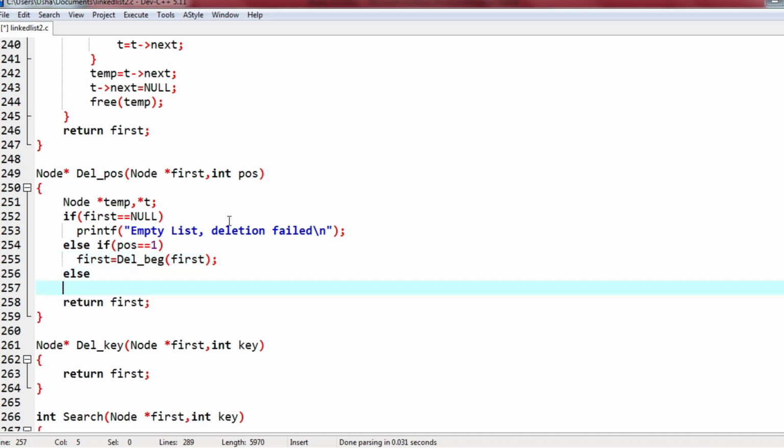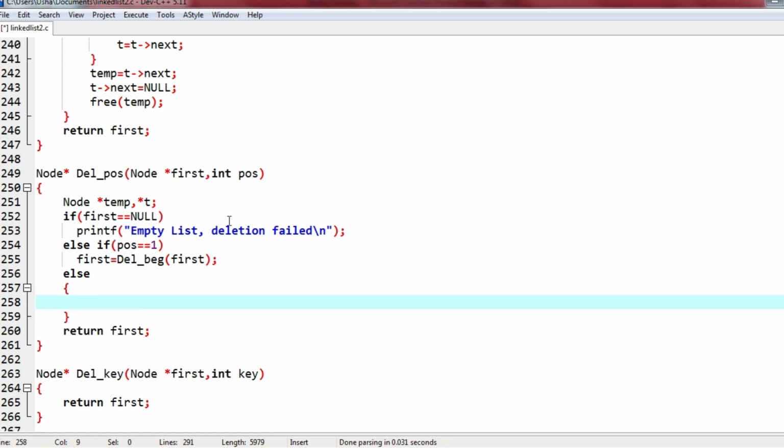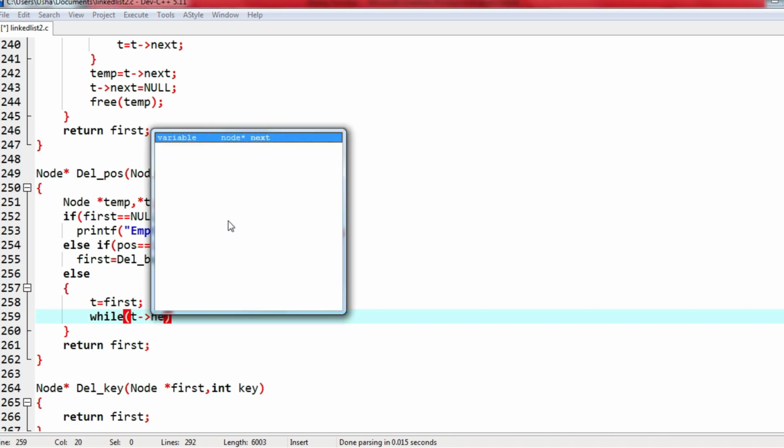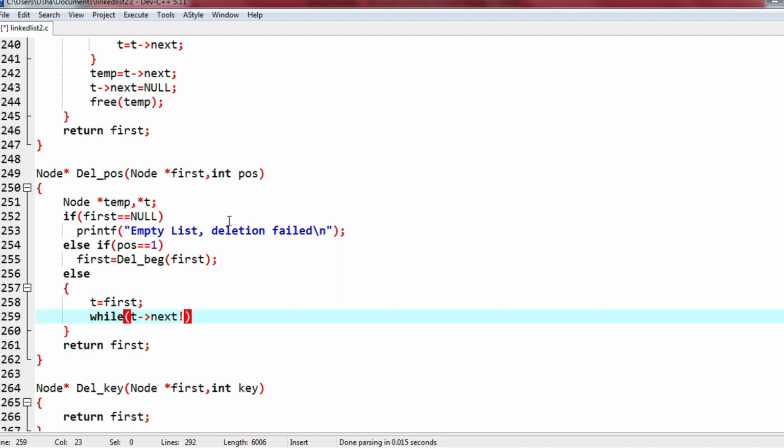Suppose the list is not empty and I am not deleting the first element, then I have to do the proper coding. So t equals first. I have assigned the address of the first element to a pointer called t, while t next not equal to null.